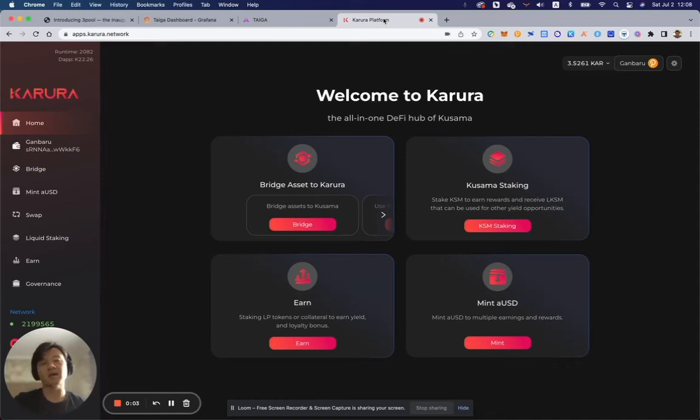This is Terry. I wanted to spend today's time to go through the three pool on Karura. Three pool on Karura has been live for 2 weeks now, going into the third week. And right now, momentum is really picking up because we'll be making a big push on the three pool